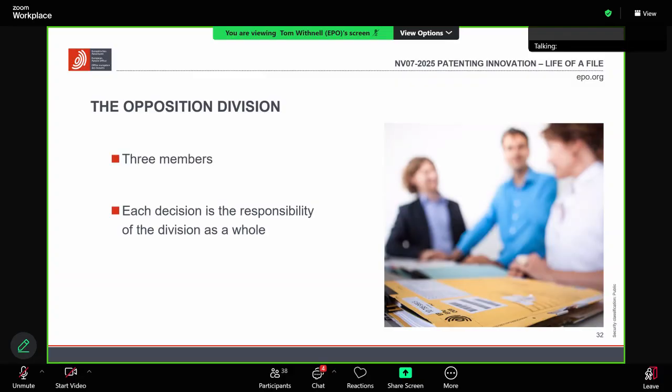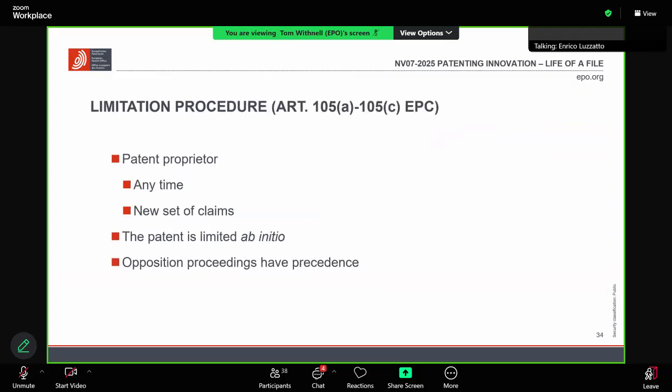So as I said, opposition division, 3 members. Again, each decision is the responsibility of the division as a whole. Next one, please. Just to add an information to make life a little more complicated,